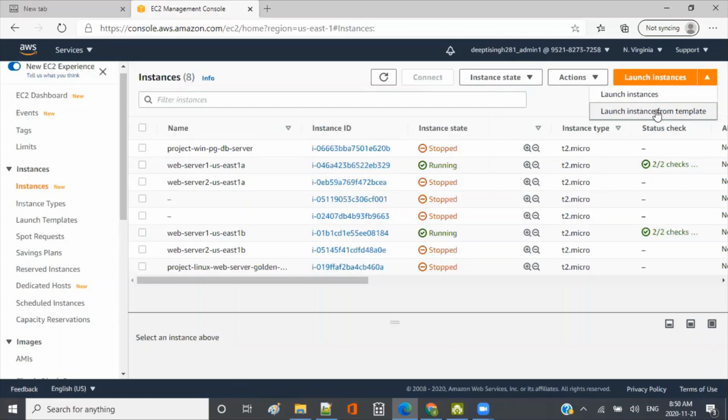So here what I'm going to do, first I'm going to launch an instance, and then I'll show you how to create an AMI, a machine image, from that instance, and then we'll see how to create a launch template from that AMI. And then once the launch template has been created, you can use that launch template as your golden copy, and then you can start launching any further instances from that template. And then you can also use that template for creating instances using an auto scaling group, right?